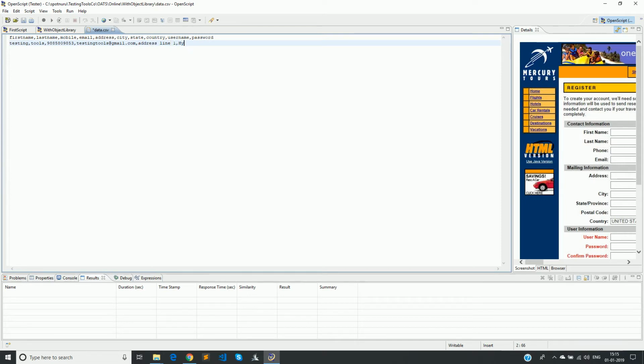Then city, state, and then country, username, and then password. So you can create multiple records here.